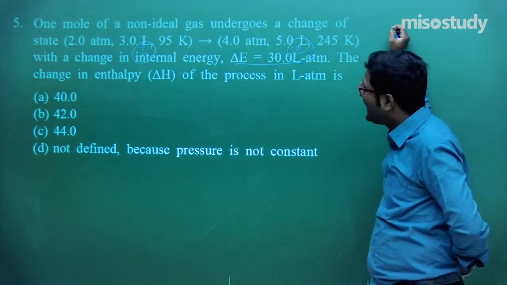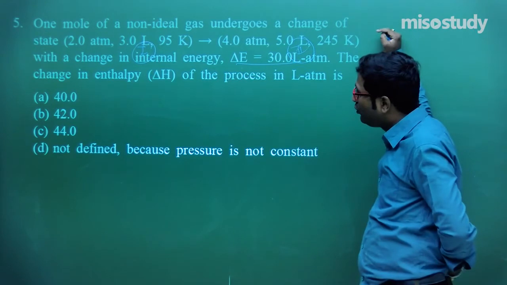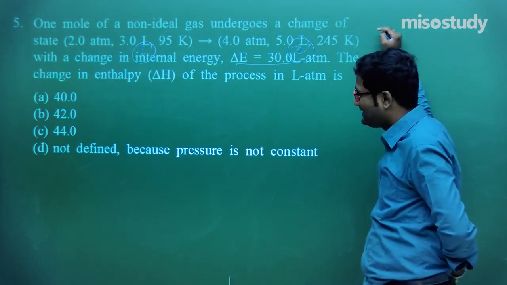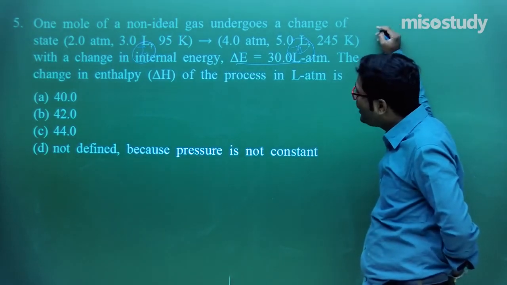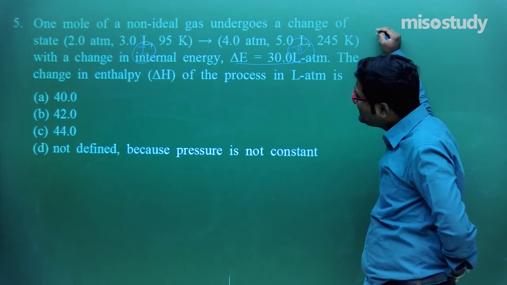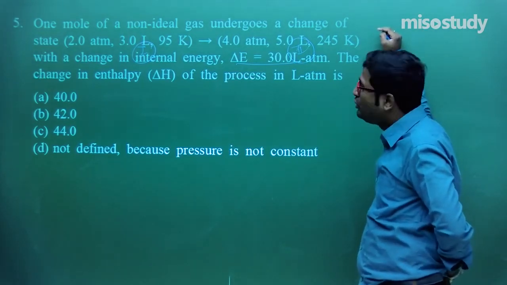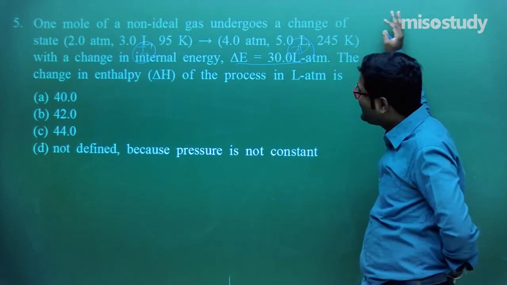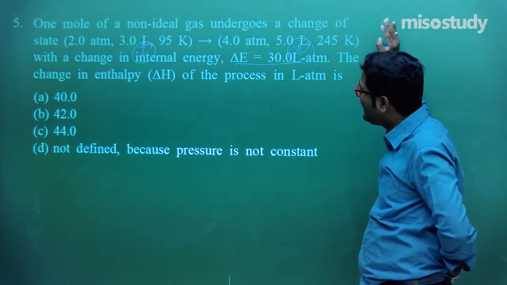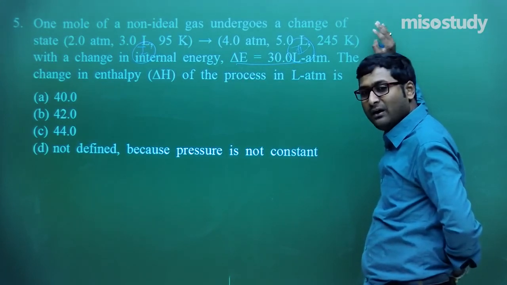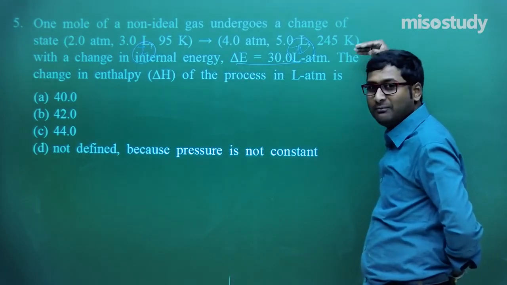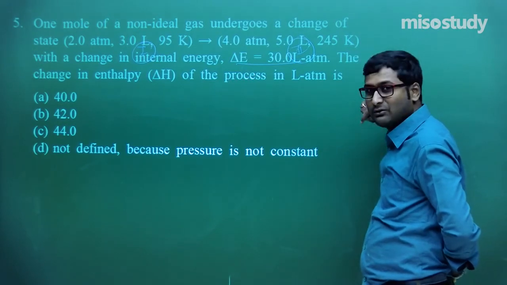I know you can easily assume, as I told you, if there is a state change, then definitely the value of enthalpy also changes. So how to approach the question, friend? Here there is a change in pressure and a change in volume also. And what is the relation between delta H and delta E? Tell me, friend, where are you looking? Look at me. How to solve the question?